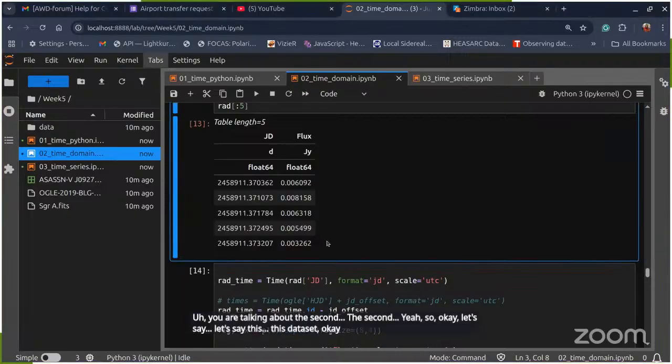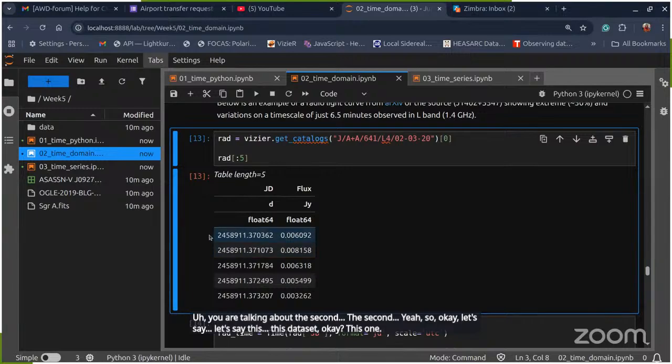Here you can see the first point is 2458911.37. So this offset could be random. You can also say that the offset could be 2458900, or for simplicity, you can say the offset is 2458910, because you don't want to use this large number for plotting purposes,